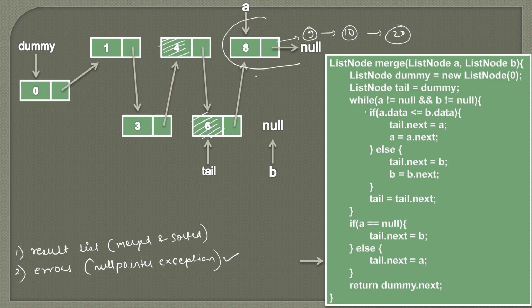And here you can see, as we need to merge these two sorted singly linked lists in such a way that the resulting list is also sorted, we don't have to do anything with the rest of the elements of A. Let's say it had 9, 10, 20 like this, because they are already sorted. So via this reference all the nodes will be part of this complete list. So our task will be done here. So here you can see this dummy list node has built one chain which is actually our resulting list. So here you can see it goes like this.